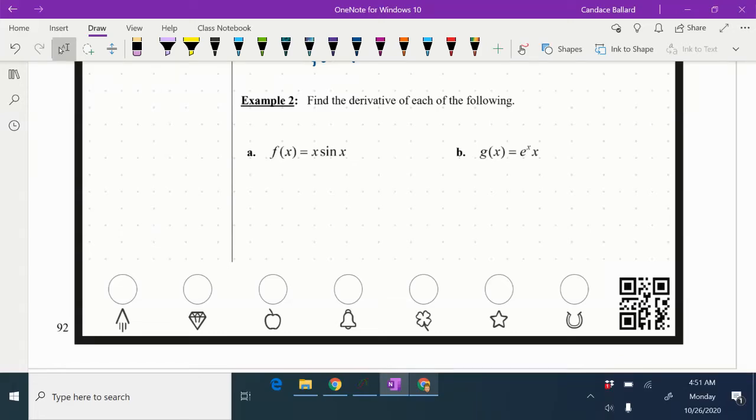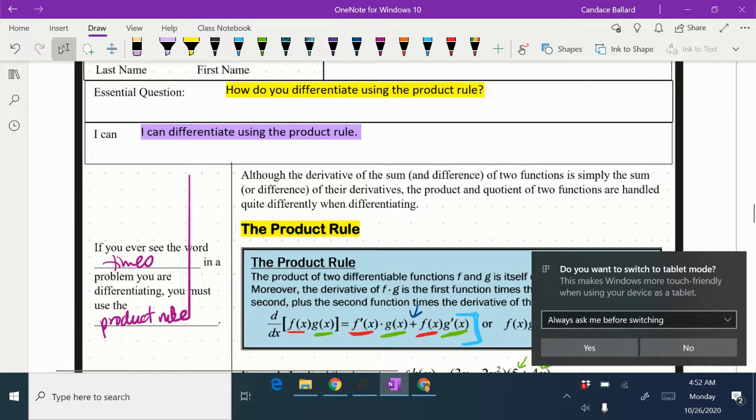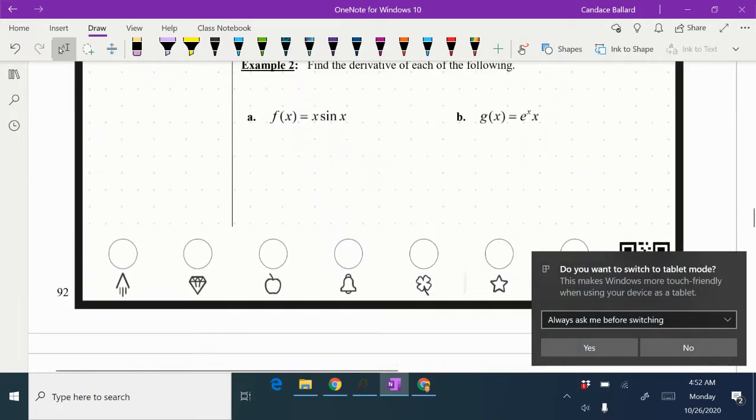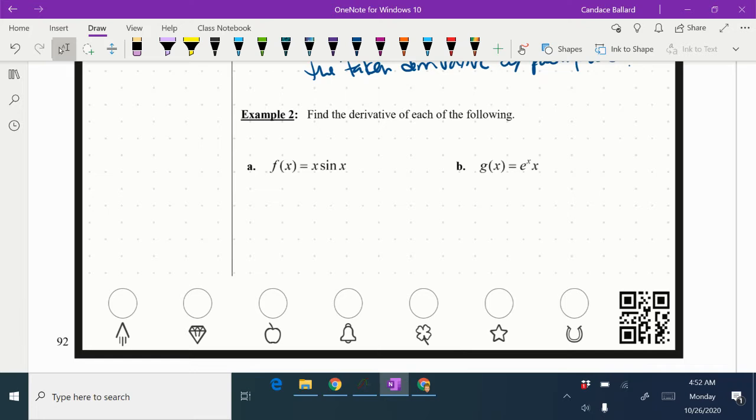We're going to continue topic 2. I forgot the number. 2.8. We're going to continue topic 2.8, working on the product rule. And you'll notice in example 2 that we are going to have to use the product rule. We aren't going to be able to FOIL or do anything else like that because we're not using a polynomial